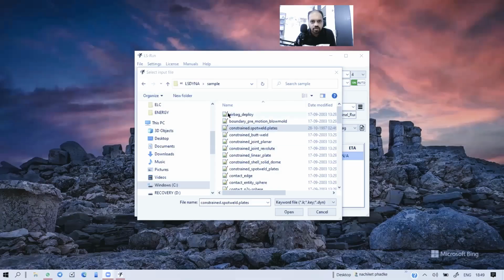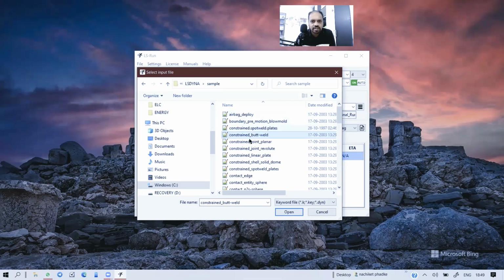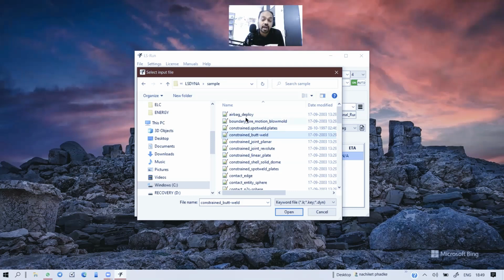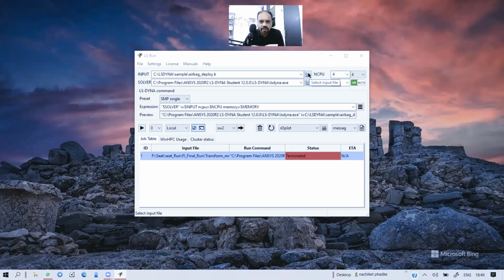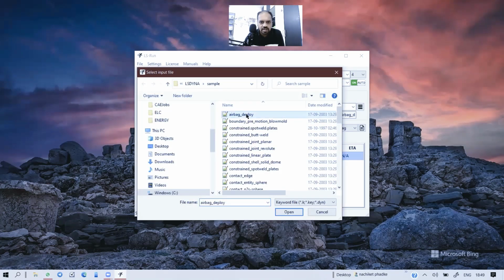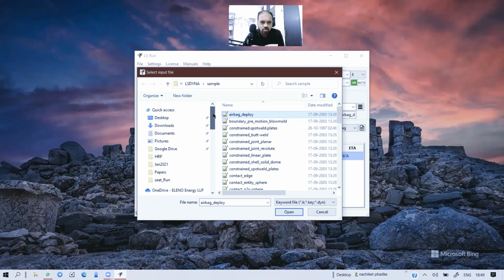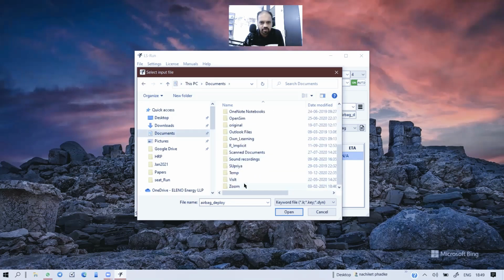Let me share screen again. Yeah, so I have this LS-DYNA sample, and here you can actually see various sample files. These sample files you can actually run. So if I just go for, let's say, airbag deploy, I will open it. Now I'll do one thing. I'll just copy this airbag deploy into some native folder, not in the C drive. So I'll try to copy it in documents temp. Okay, so I think I will have a temp folder.